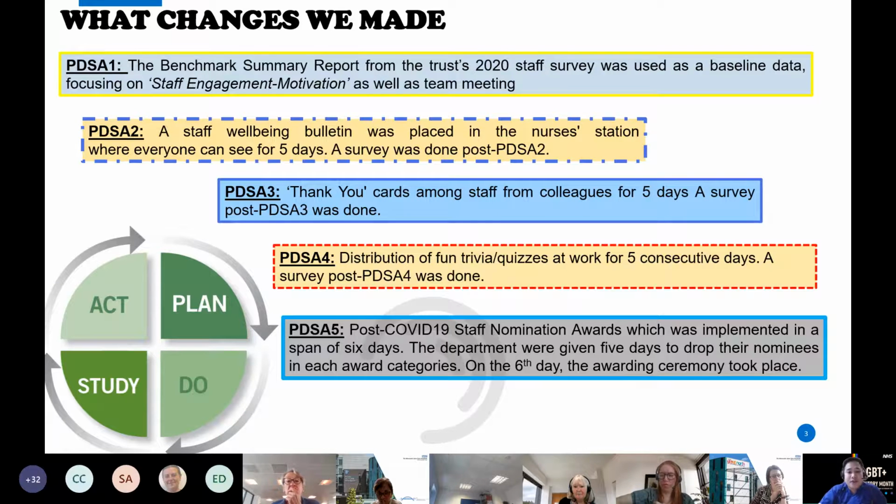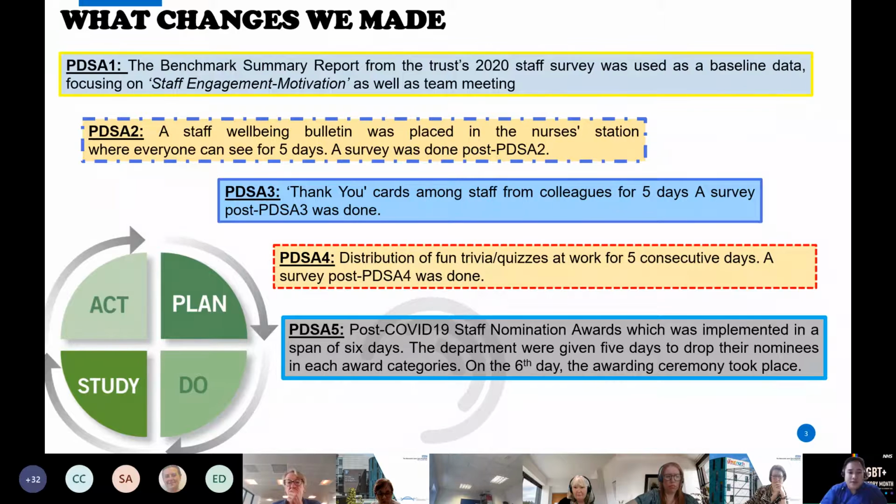PDSA 3, thank you cards among staff from colleagues for 5 days. This is to make the recipient feel valued, appreciated, and important. Hence, it hopefully improves one's well-being. PDSA 4, distribution of fun trivia and quizzes at work for 5 consecutive days. This is to promote teamwork and staff engagement and to give them a bit of fun at work